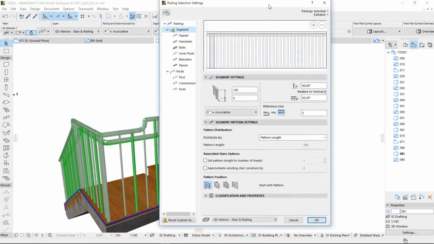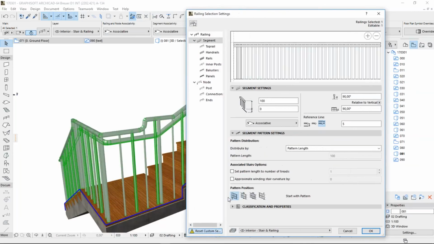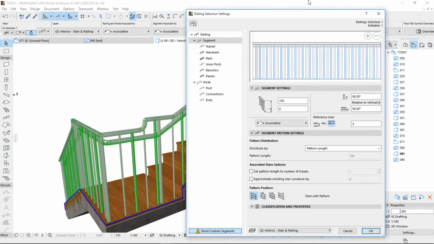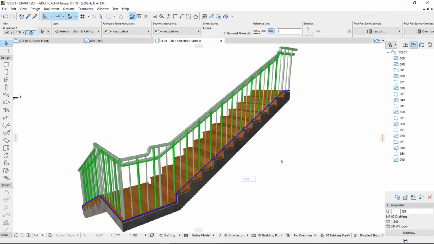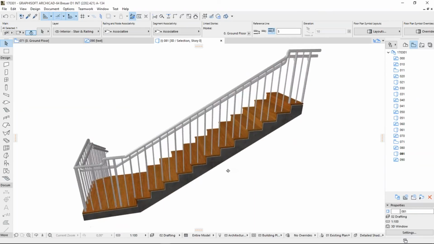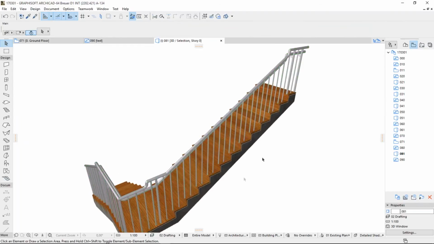And actually, this is a good option for me to show you how the various handling is working, because in this case, I just removed it from one segment, and I want to apply it to the entire railing. I should press this button here, the custom settings should be reset. So actually what I see now should be applied to the entire railing, and hopefully these inner posts disappear, and yes, they disappeared. So my balusters are evened out to the length of